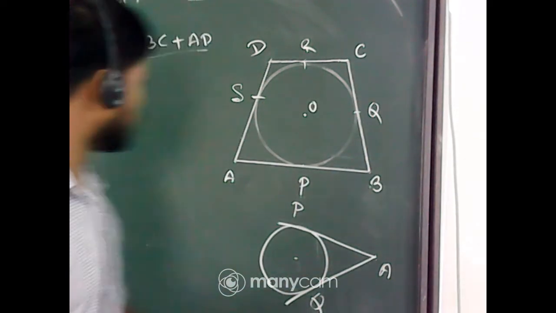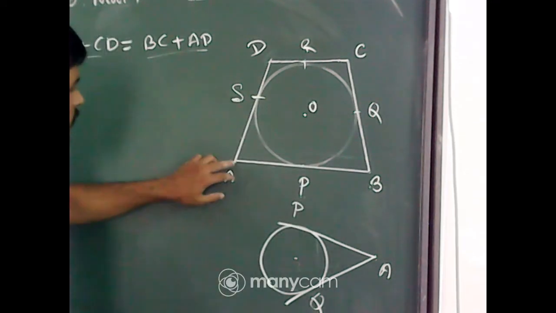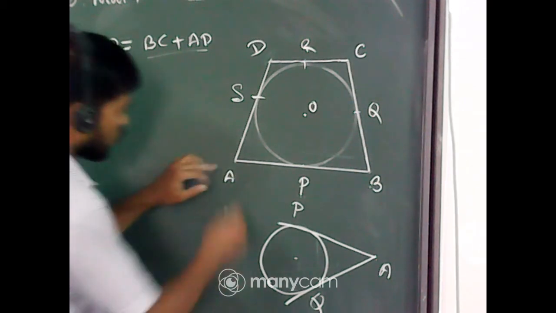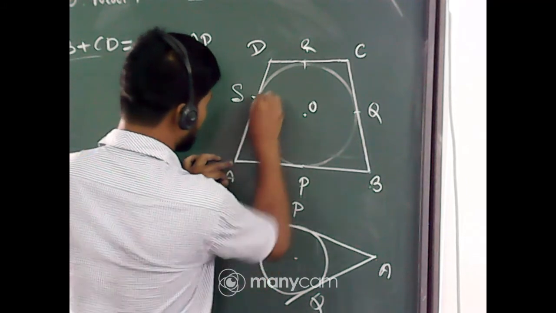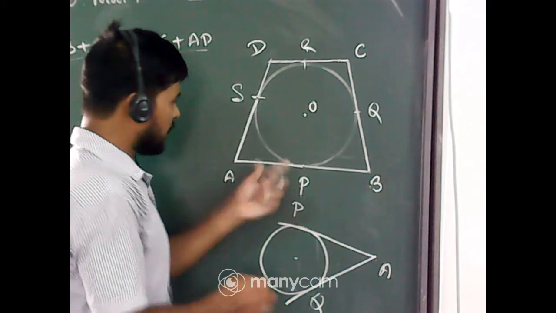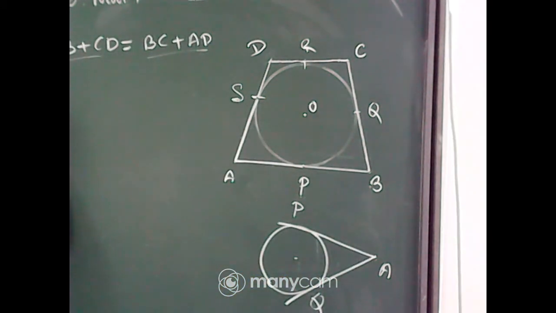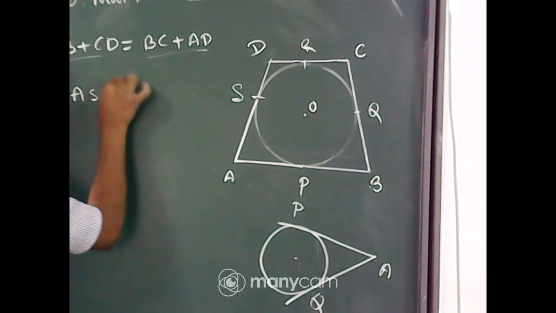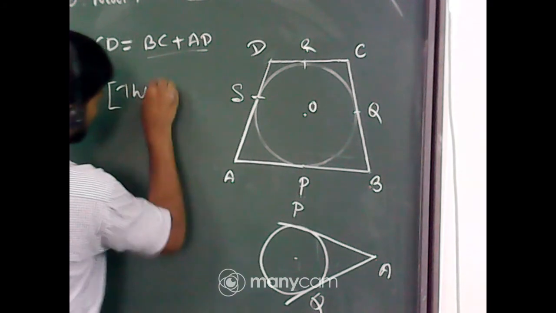Okay. Now how to apply this theorem in this problem? Let's start with the point A. Now look, from the point A we have drawn two tangents, one is AP and one is AS. So the lengths of AP and AS must be equal to each other. Okay. So write that AP is equal to AS. Why? Because, write the reason, that the length of the tangent